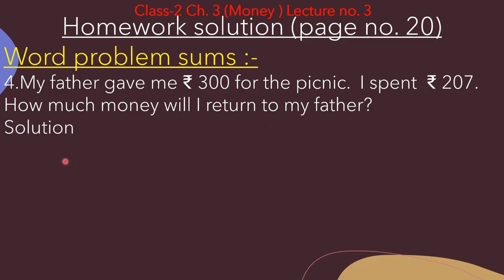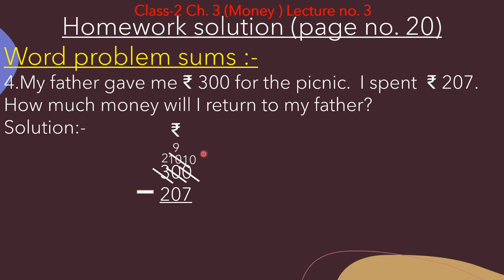Okay. So first of all, we will write rupees 300 because rupees 300 is the bigger amount. And after that we will write 207 below it. Now we have to subtract. So let's start from our right hand side. So here it is given 0 minus 7. That is not possible. So this 0 will take borrow. But here you can see again we have given 1 0. So first of all leftmost 0 will take borrow and it will become 10. And this 3 will become 2. Now this 0 will become 10. And this 10 will become 9.